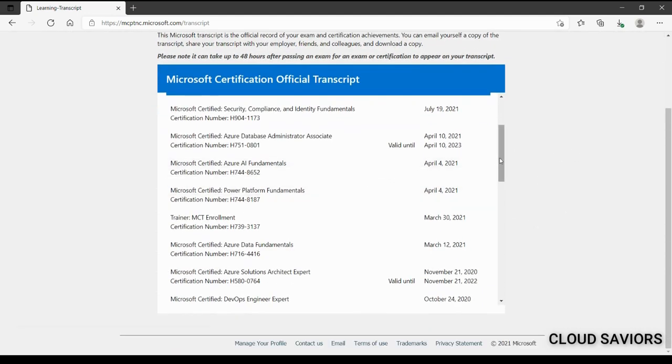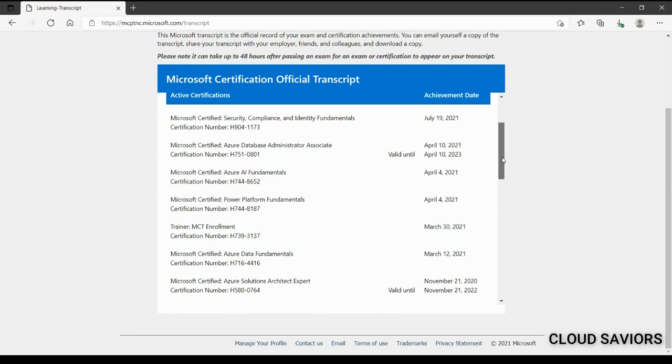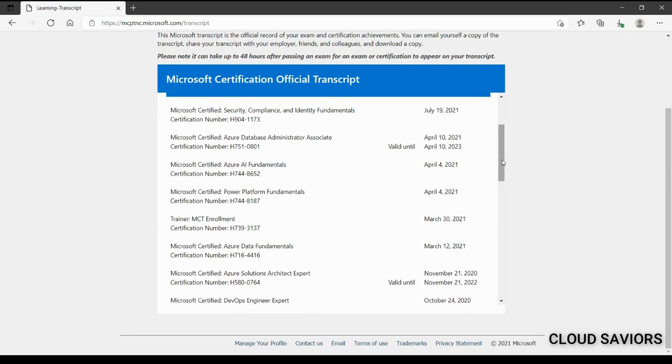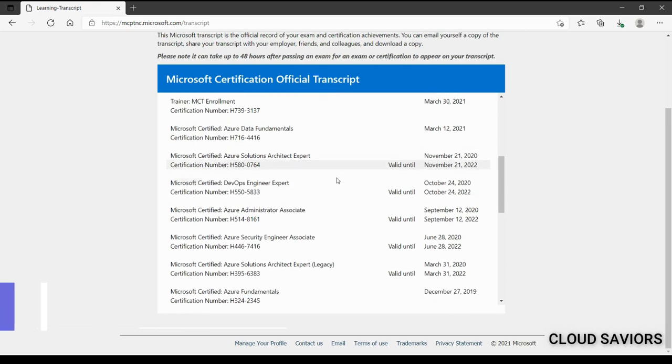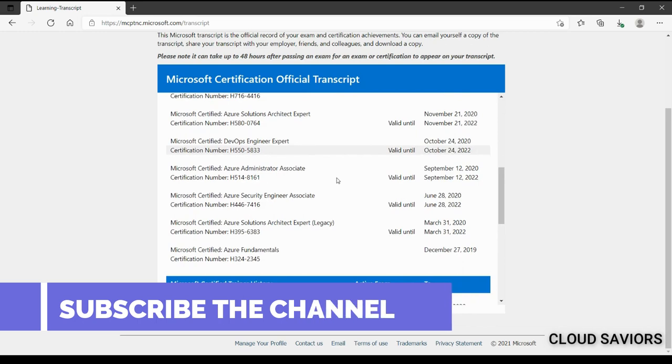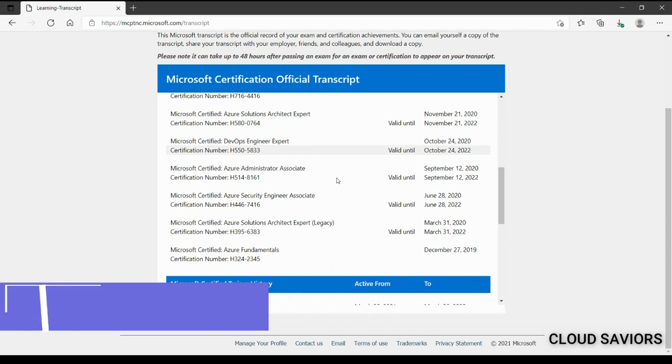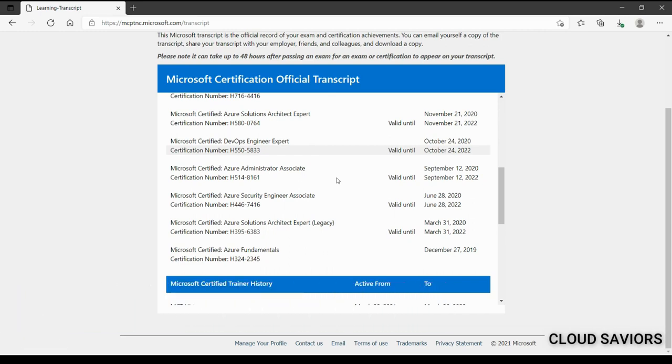From here you can see your complete history, from the moment you started your journey with Microsoft certification to how you are performing right now. You can see each and everything. If you scroll down, you can validate your authenticity, that yes, I'm an authentic person and I have this many certifications.